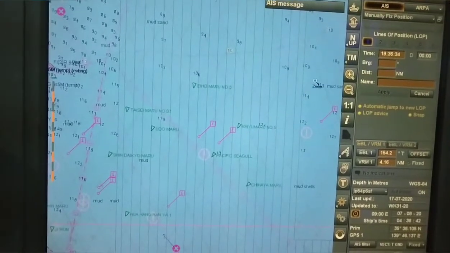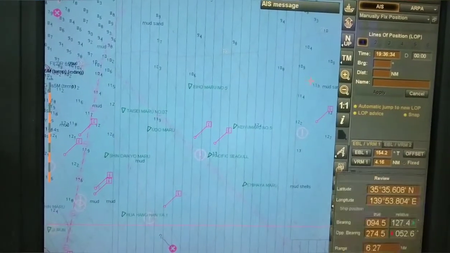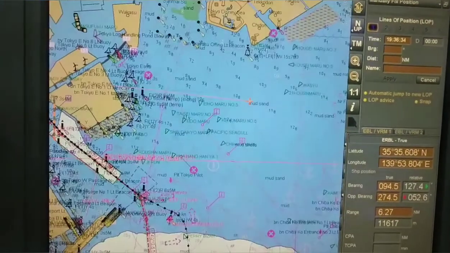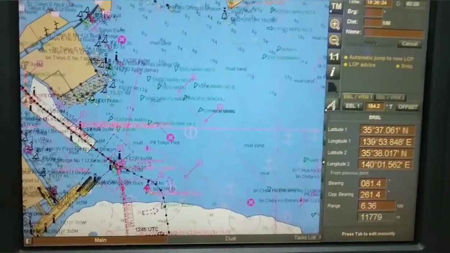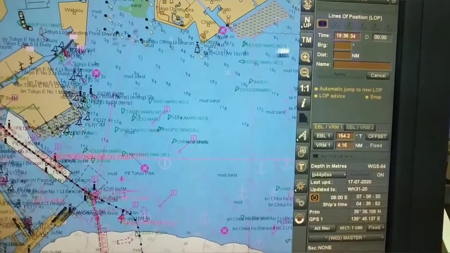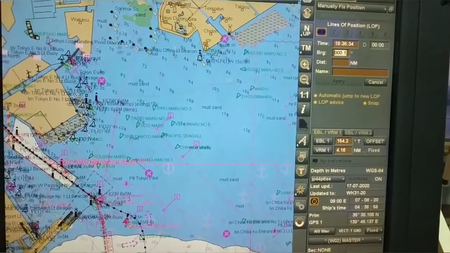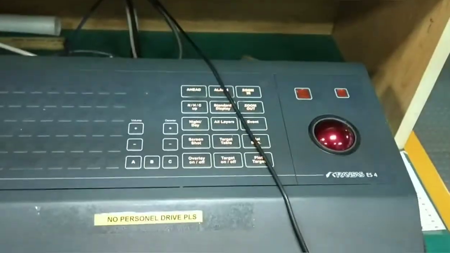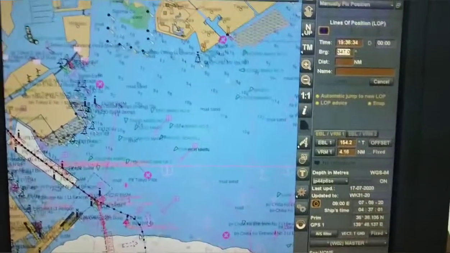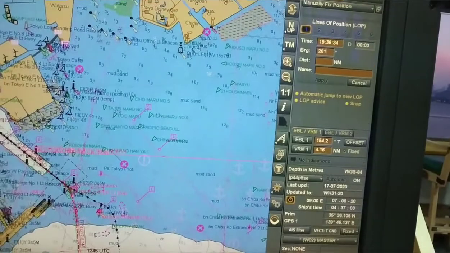Suppose I want to plot an LOP from this land object. Bearing is 281, range is 6.36. I put the bearing, scroll the cursor or use your keyboard. Bearing is 261, enter.